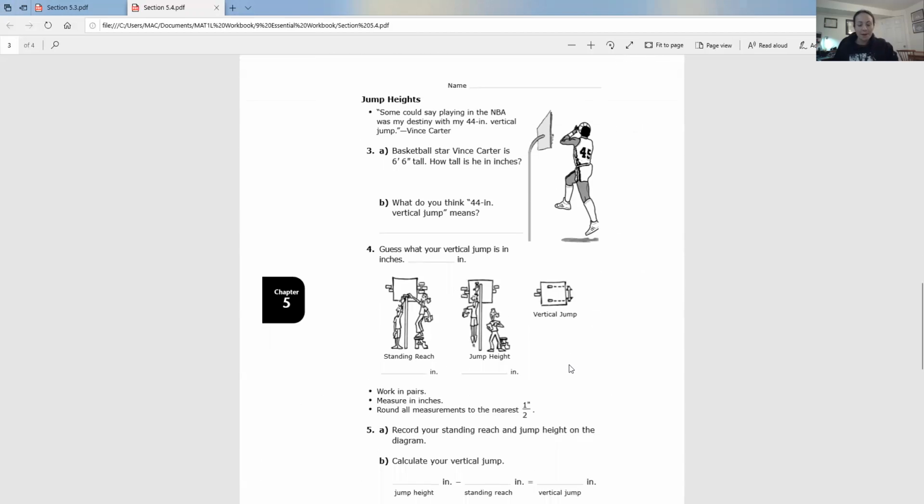All right, this is what I want you to do today. You are going to be doing something called measuring your vertical height. So the vertical height is how high your feet come off of the ground when you jump. So you can see this diagram, the person was on the ground and then they vertically jump and touch how high. So one of the things that you can do to measure your vertical jump is